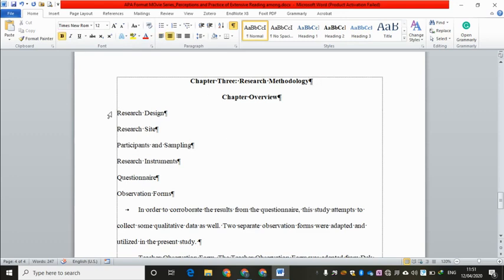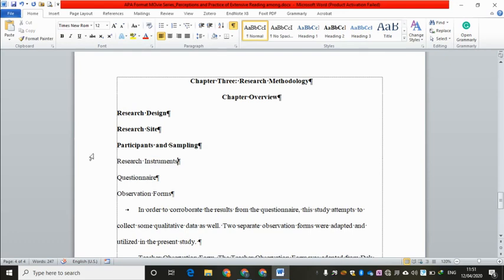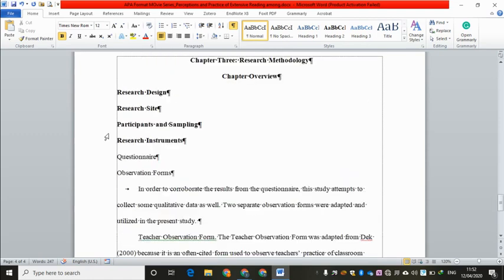Level 2 is research design. We're going to bold it. Research site, we're going to bold it. It's level 2. Participants and sampling, it's level 2, we bold it, and they are aligned to the left. Research instruments, sometimes you have more than one instrument, so you have to add the plural. So here, ladies and gentlemen: research design, research site, participants and sampling, research instruments, and